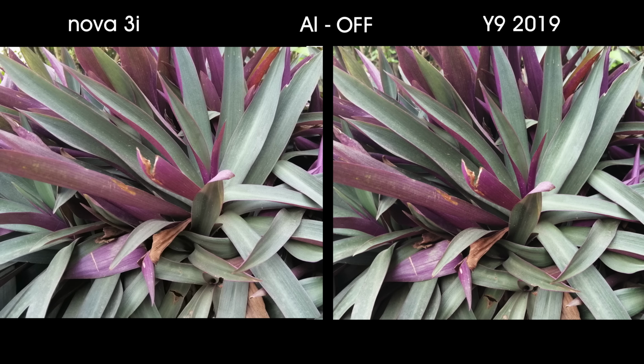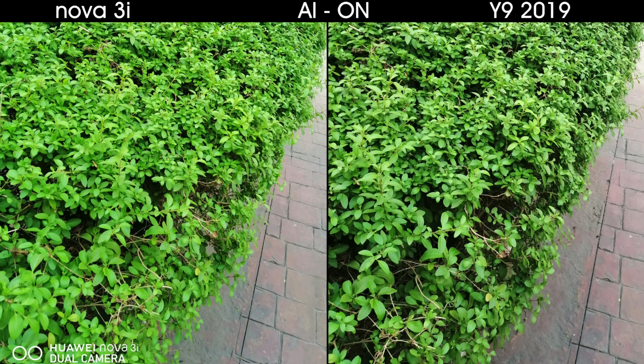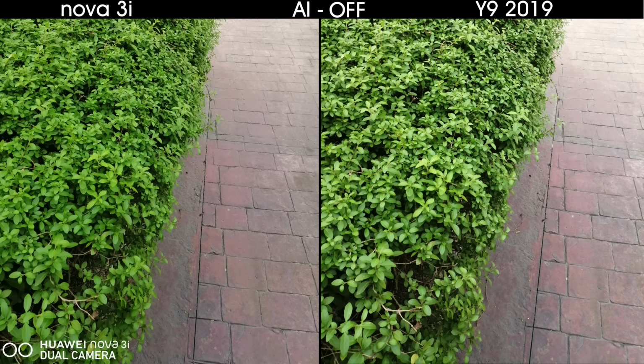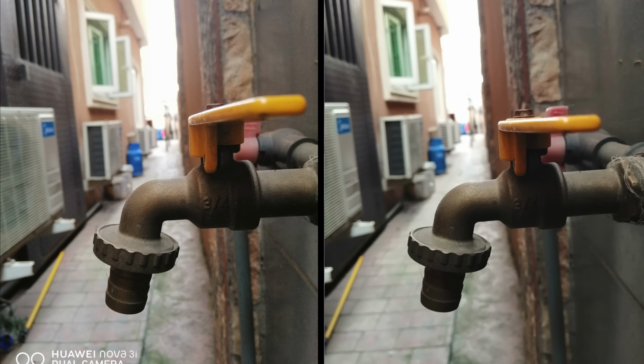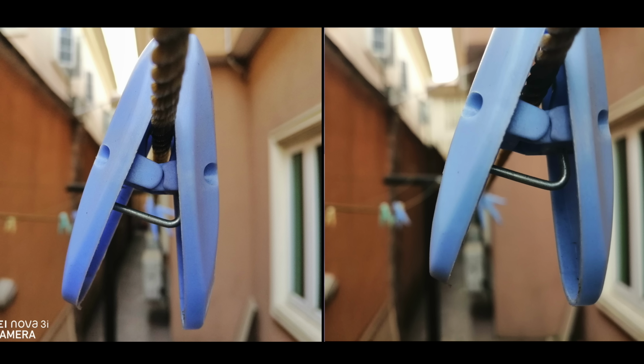With AI turned off, they both look similar. Here, it's up to you to decide which AI implementation you prefer. I think the Y9 2019 has a more realistic grain tone. With AI turned off, they both look similar, with the Nova 3i's photo being slightly more saturated, which makes it look better. In these micro shots that I took, the Nova 3i outperforms the Y9 2019 in terms of sharpness,